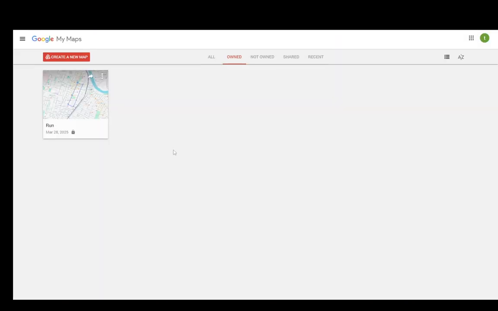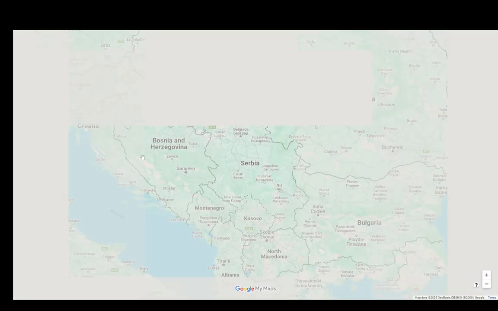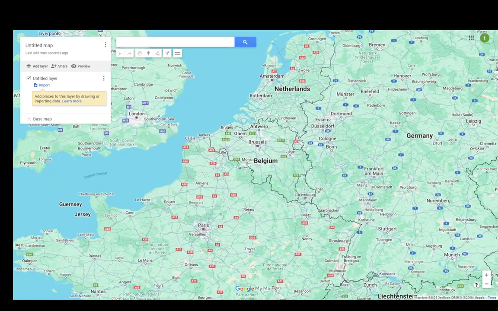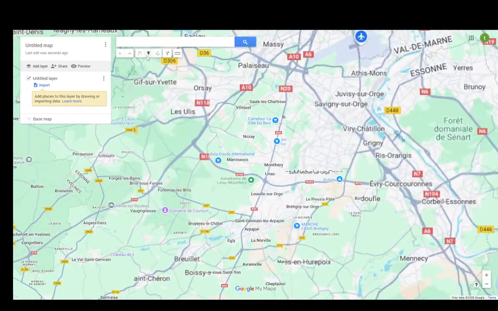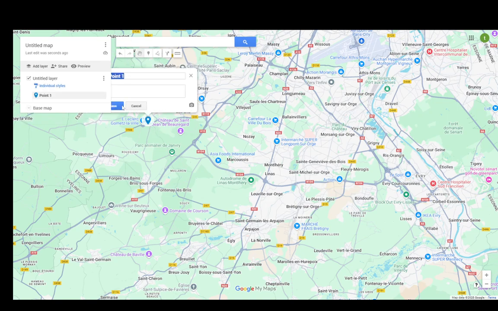Alternatively, what you can also do, you can go to My Maps, create a new map, and once you create a new map, you can pretty much just draw whatever you want. So for example, let's go to Paris, and here you can add these markers, just name them whatever you want,